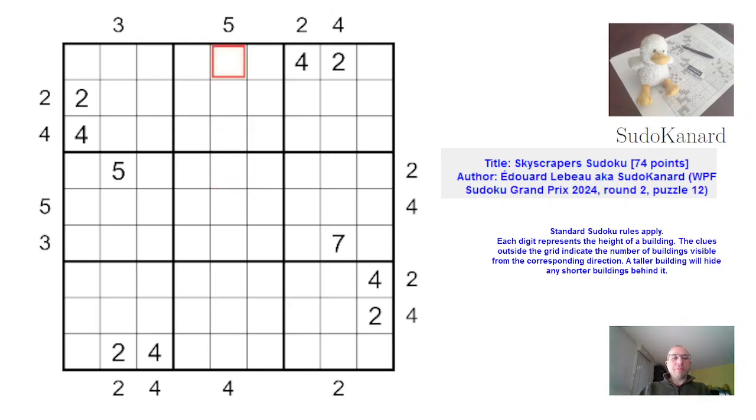buildings from view. For example, if I put 1, 4, 2, 7, then 1 will be seen, 4 will be seen, 2 will be hidden behind the 4, 7 will be seen, it's bigger than all the previous buildings. Then I could have 6 that is hidden behind the 7, and I could have 8 and 9, and then in this column, looking from this side, we would see buildings 1, 4, 7, 8, 9, and 9 would hide those, and 5 buildings would be seen, which would satisfy this 5. This 4 couldn't be satisfied because we would see at most 3 buildings, so that's not the solution, but that